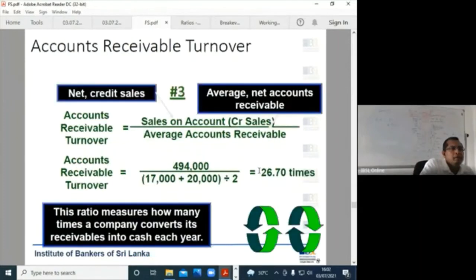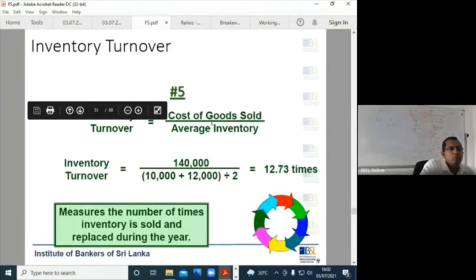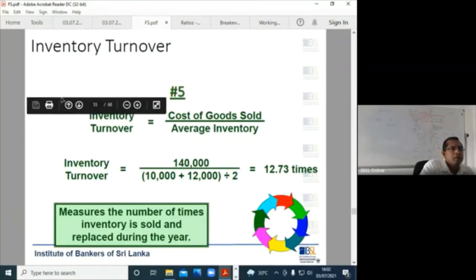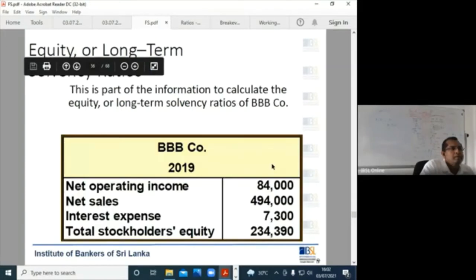Right? Then the account receivable turnover, we discussed this. This is how you work that out. Figures you have taken from the table. Turnover period, inverse of that divided into 365. Goods sold, average inventory. Right? Equity ratio,